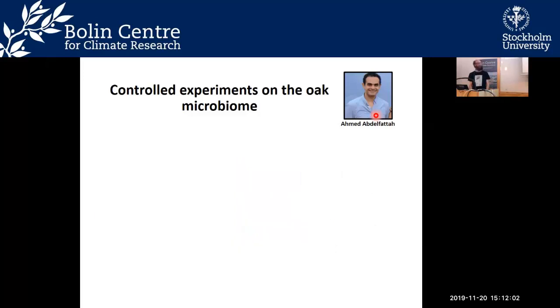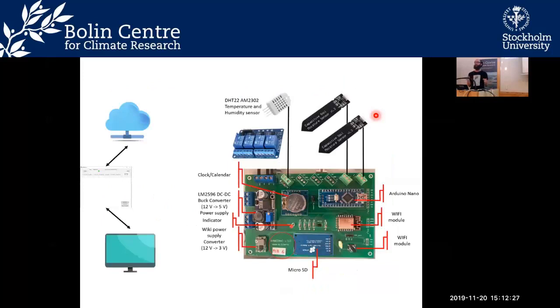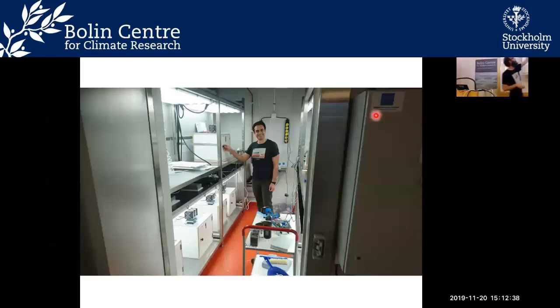So he's now following up with looking how this microbial community is affected by climate. So what's the impact of climate and drought on the leaf microbes, and what about the microbes in the roots? So he just started an experiment, 3 different climate treatments, 2 different soil moisture treatments. He likes kind of fancy setups, so he built his own climate-controlled cages, so he can follow live on his phone, like what's the humidity in his different pots and cages. So here you see the different boxes he's been building. So this is a photo from yesterday, actually,